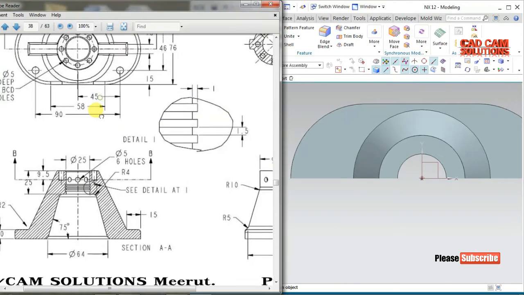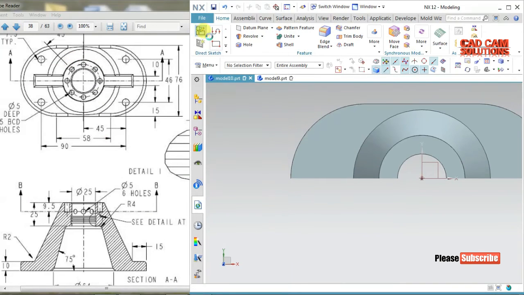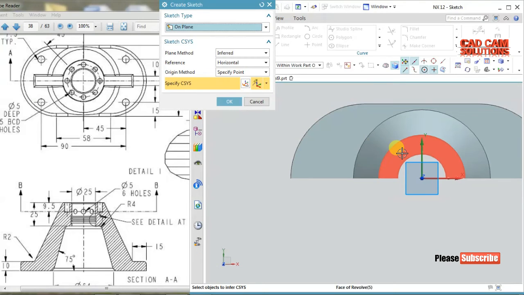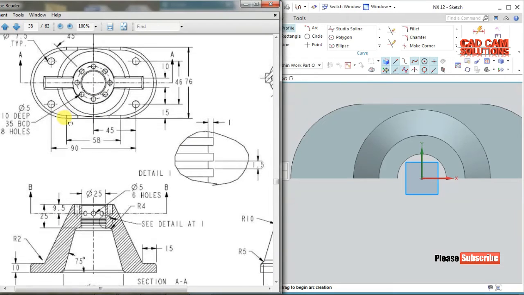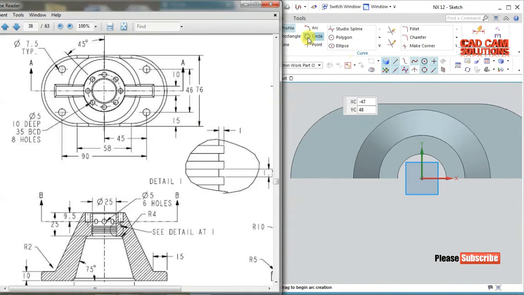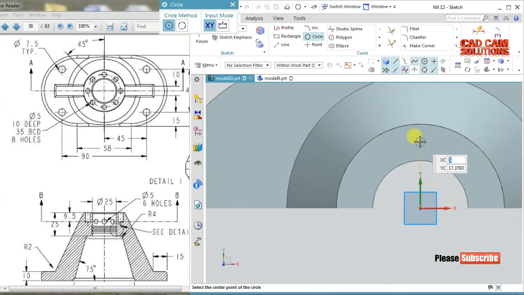just from the top view we will create these holes. So sketch on the top face, and the circle is, click on the circle, and the diameter of hole is 5,